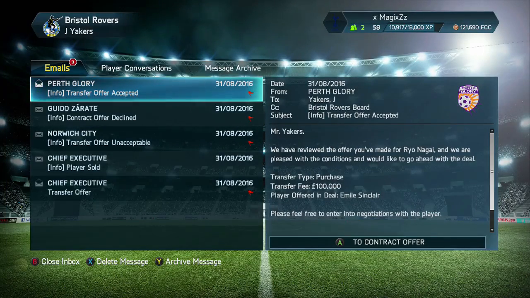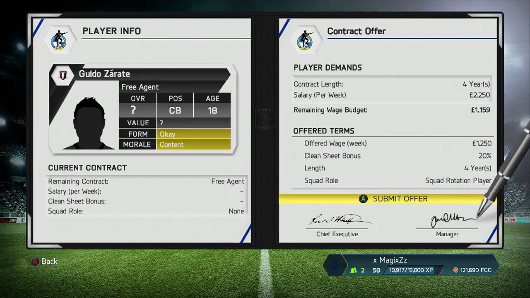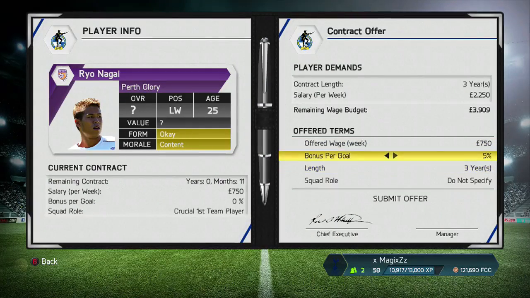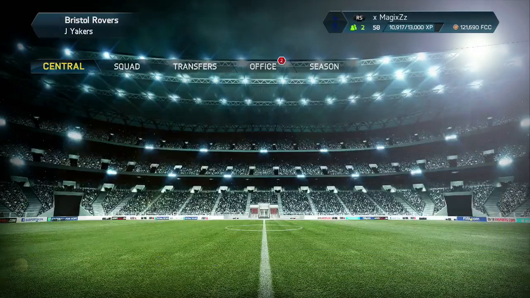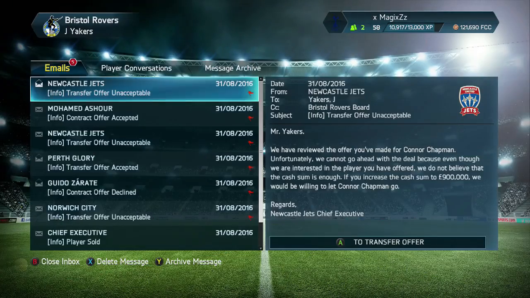And right here, I was interested in a Perth Glory player, and you may be like, why are you interested in a Perth Glory player? Basically, this is a tip for you guys. If you're going to be doing a lower league career mode team, if it's in England that is, I do recommend that you go and just search for these Australian league players because you're going to find some gems. Just like this Japanese guy that I was interested in. I think it's Nagai, I'm not 100% sure. But yeah, he was someone that I was definitely interested in, as well as a Newcastle Jets player, but I